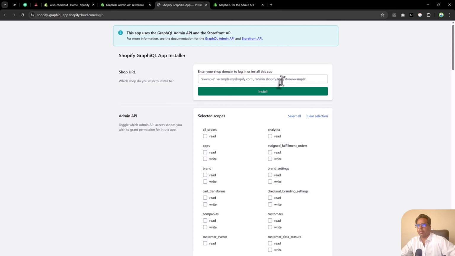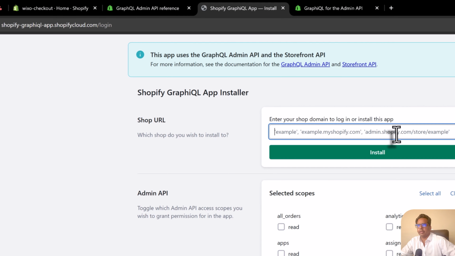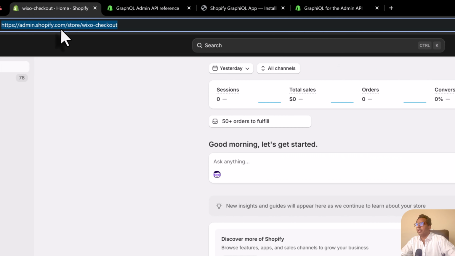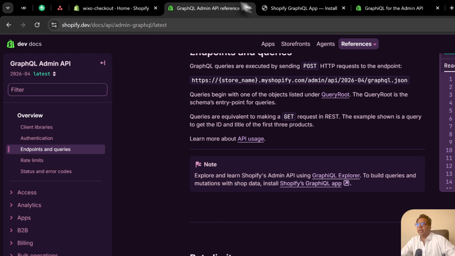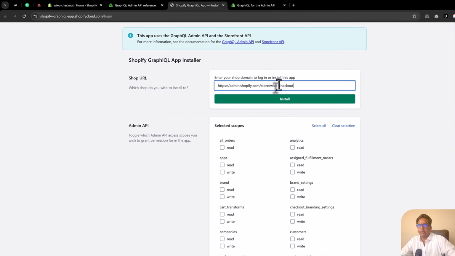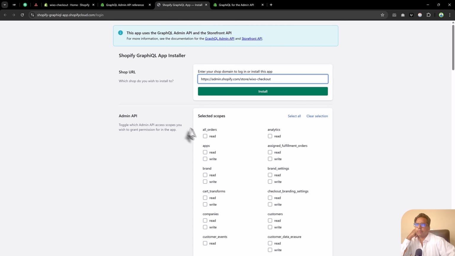One is admin.shopify.com/store and your name like this, or you can copy the store name and paste that name over here and type myshopify.com. So in both ways you can install this app. I will copy this and use this method, and from the scopes you can select what kind of data you are going to